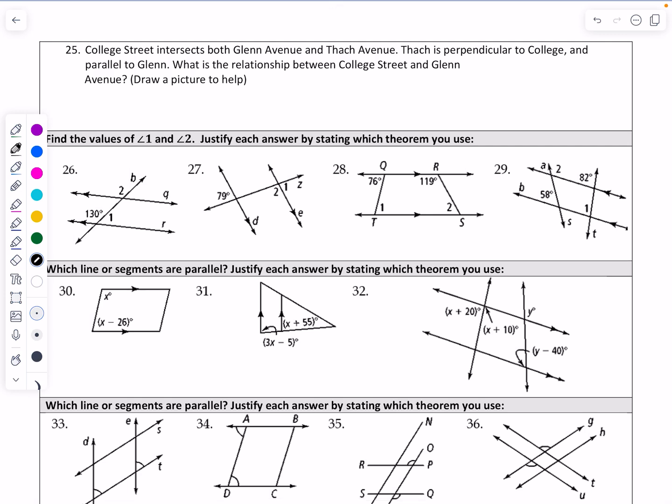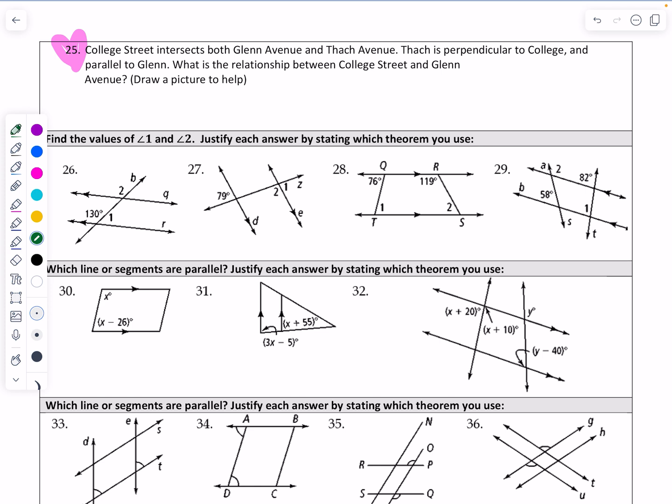Chapter 3 Study Guide, Question 25, my personal favorite. This is in Auburn, Alabama. And so if you're an Auburn fan, just know that these streets will be familiar to you one day if you choose to go to Auburn. College Street. So y'all, what is happening here is that they're giving you a verbal description of these streets,